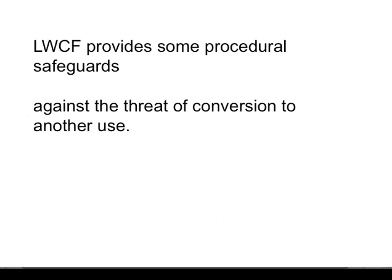And as we'll see, if you're knowledgeable of the process, the LWCF can provide to citizens groups, these neighborhood associations or friends of the parks groups, some procedural safeguards against the threat of conversion to another use, inconsistent with the terms of the original grant,